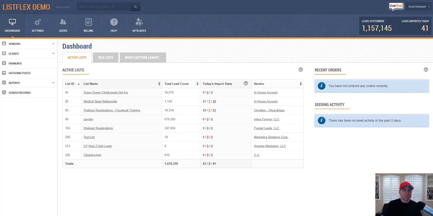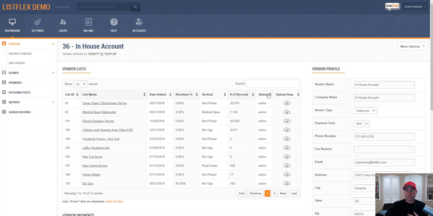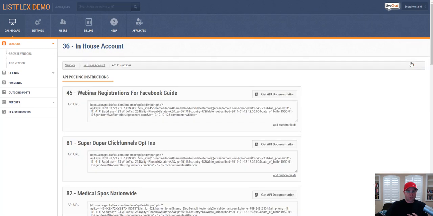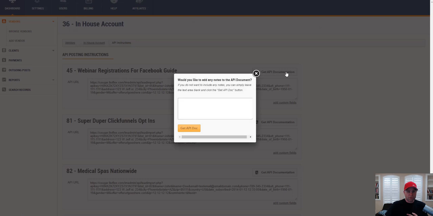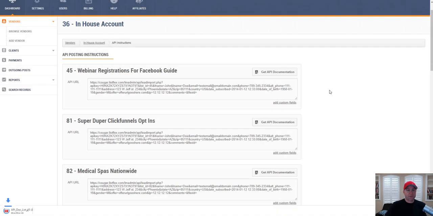So first things first, the first change that was made recently in ListFlex was the ability to import leads and automatically have them be marked do not sell. And here's what that looks like. So inside of every vendor, you have the ability to view all of the APIs for the lists. Okay, so here's all the information, it's standard. But when you choose to download API documentation for any list,